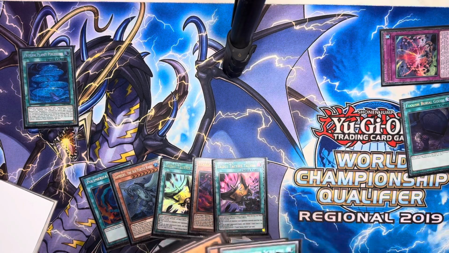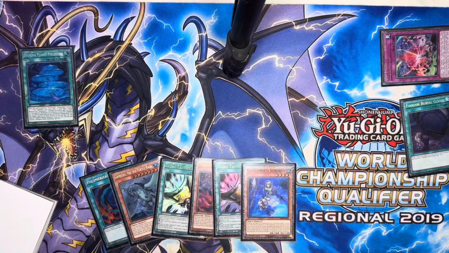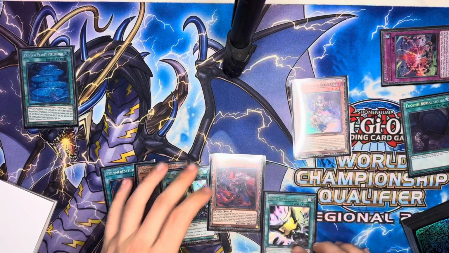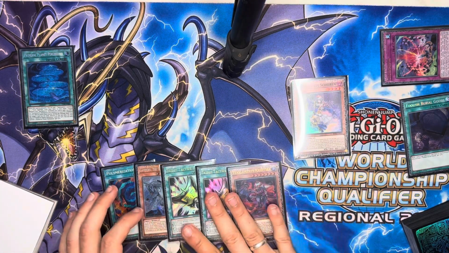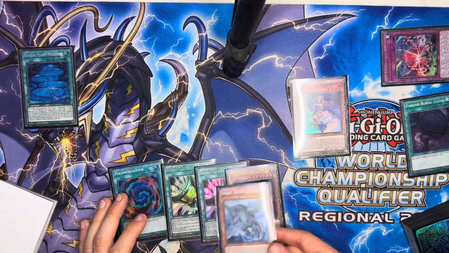I think we're going to go Shiren here, because this just guarantees a lot of mills. So I'm hoping that we can hit something here. So we're going to go Shiren effect. It's going to summon itself. We're going to send Tearlament's Kashtira to the grave. Is that what we want to do? Or do we? I think we just send the Gamma Seal, actually, if we're not going to use it. Do we have...